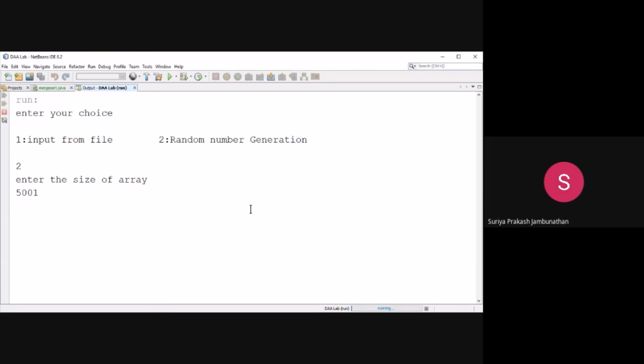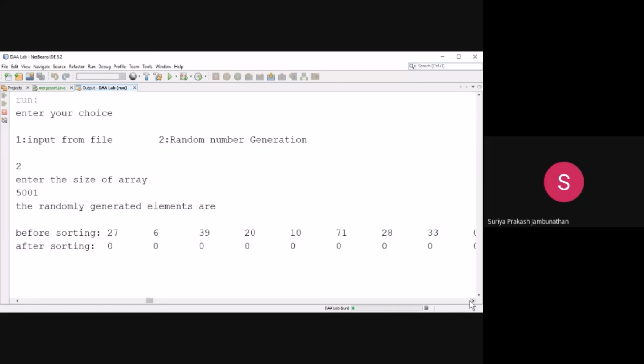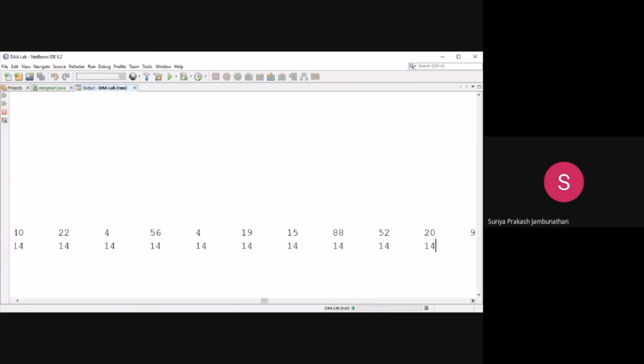Okay. So it's generating the random numbers. So it's going on. It's not possible to show all the numbers. It will generate them, but all the numbers cannot be shown. You can see within 100. The limit is 100, so it has generated the numbers which are within 100 only. Okay.